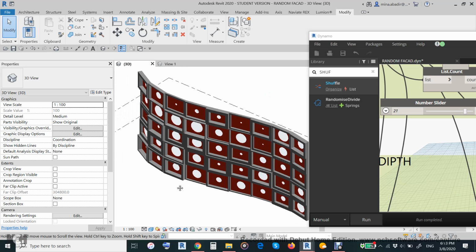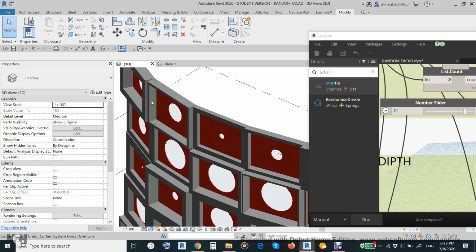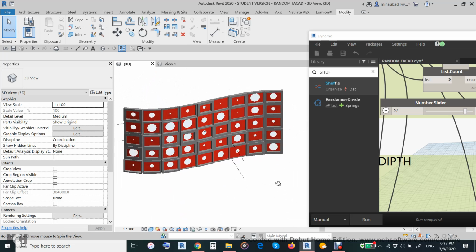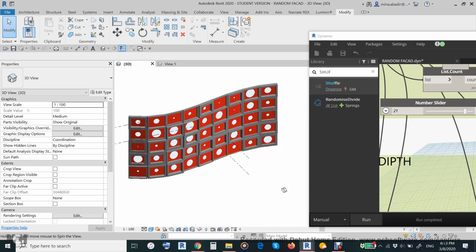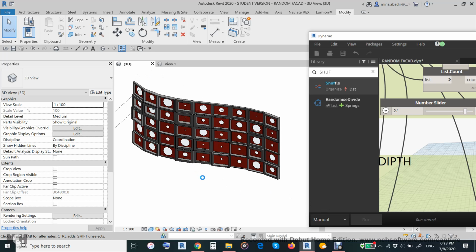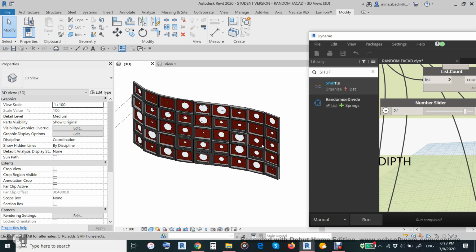See? This is the depth. It will change. This will give a good idea to the client about the facade you will make, and every time you run, it will change. So it's very good for you to deal with the client and tell him you like this one, he doesn't like, you like this one, and then you will increase the width of the beam,